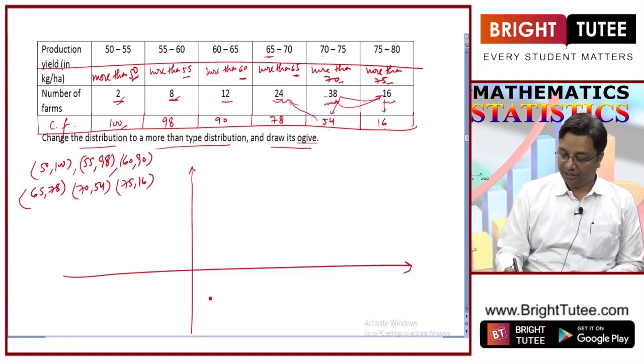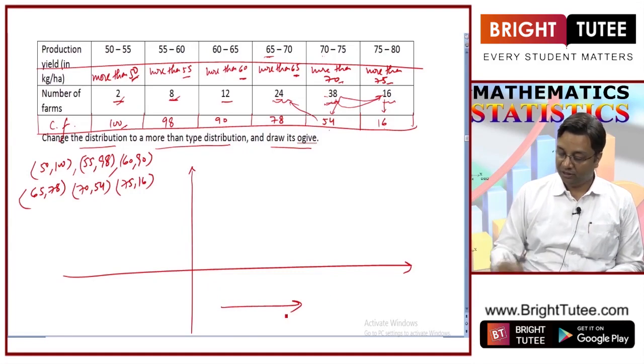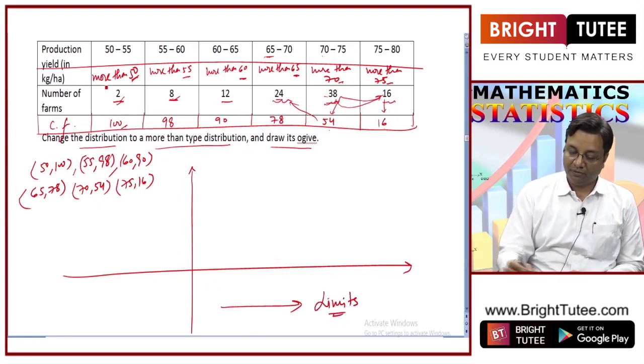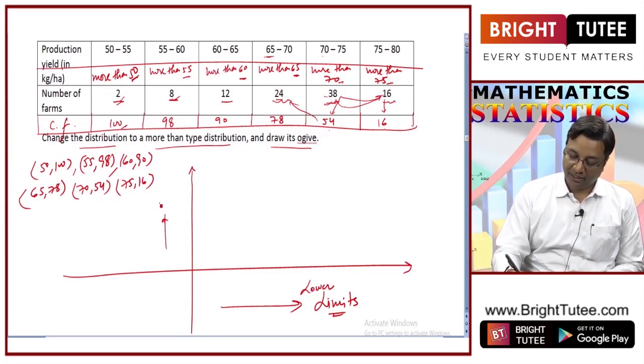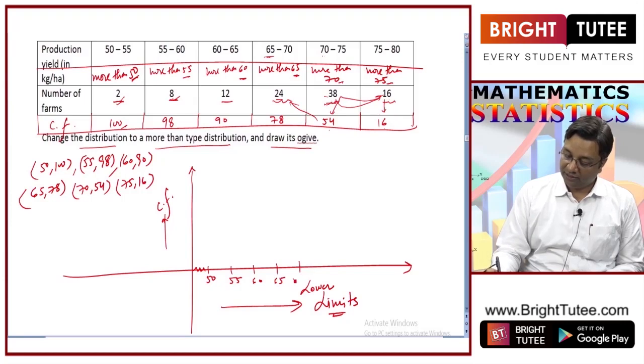Now, we can simply take the limits on this x-axis. So, which limits are we considering? For more than, we will consider lower limits, and here we will write the cumulative frequencies, and the limits are 50, 55 and so on. So we will draw a kink here and start with 50. So 55, 60, 65, 70, 75, 80, 85,